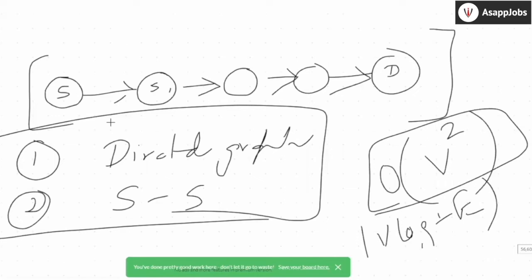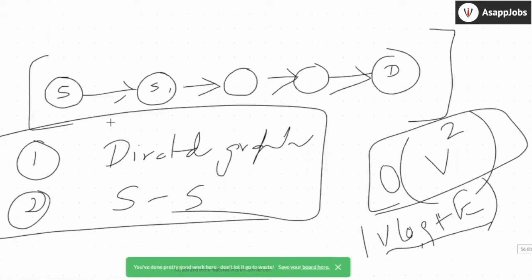And how many times are you doing that? You are doing it V times, because for every vertex, you take the vertex, add it to the set, then find the new cut. So your complexity is V log V. And E comes in here because every time you also keep track of, can I reach vertex A from vertex B? And if I can reach vertex A from vertex C also, which one gives me the minimum cost? You're keeping track of that for every edge. So that's why V log V plus E. I'm not going to detail how V log V plus E comes; it's pretty easy, you can figure it out.